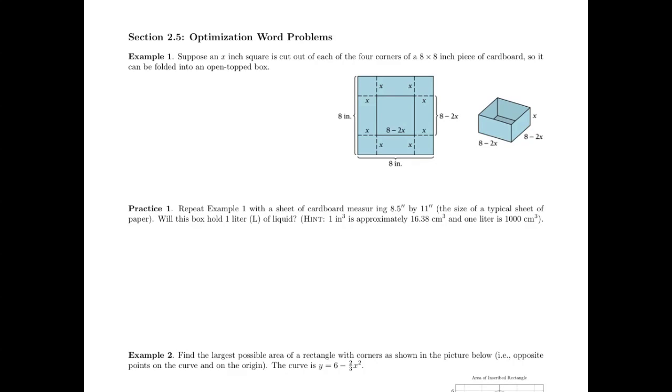This is a solution to some of the problems on the section 2.5 worksheet that we didn't talk about in class. The first one we'll do is just practice 1, that's repeating example 1 but with a regular sized piece of paper. And so the diagram that's shown above, the little box that's there, the only difference will be that when we do this with a regular sized piece of paper,